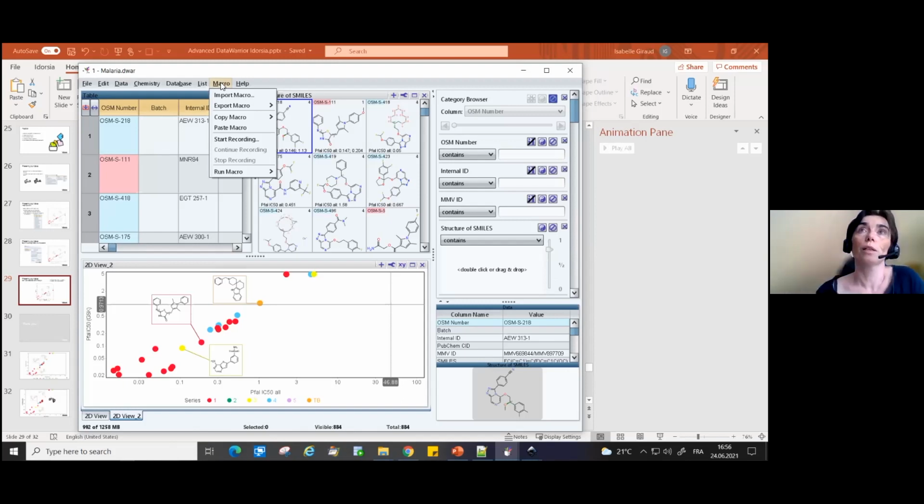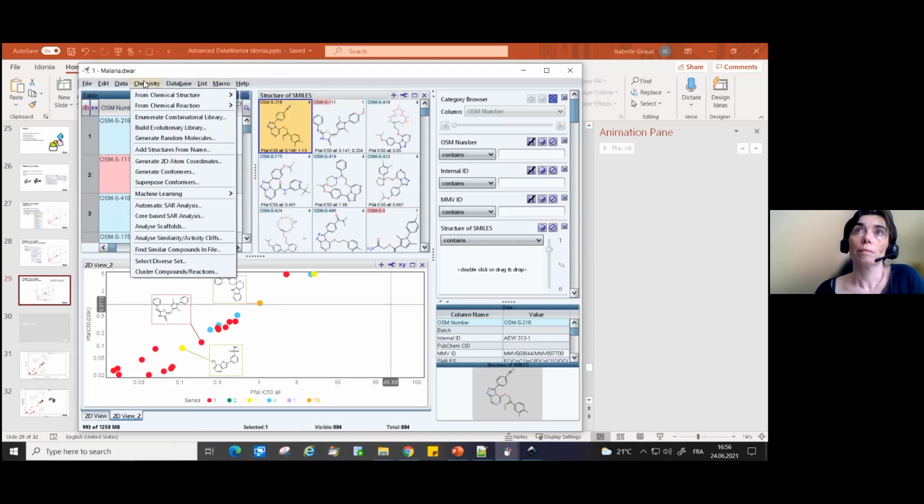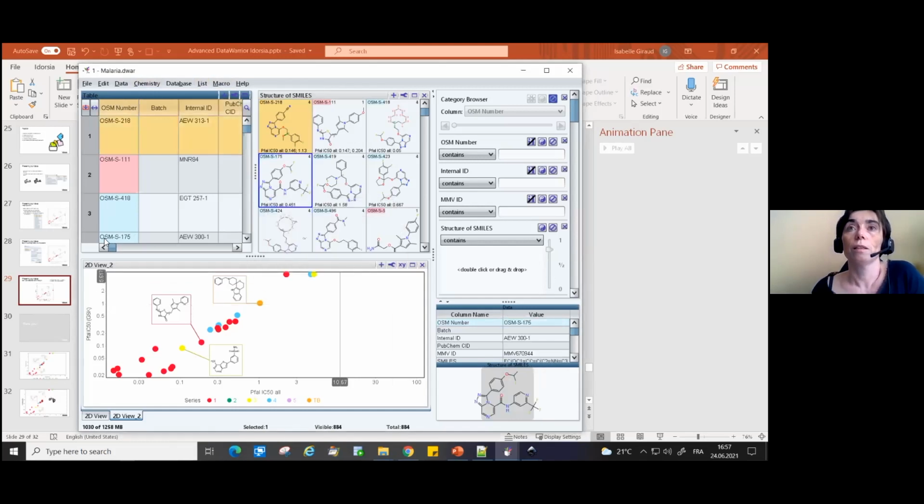You have first probably to generate this code, generate canonical code. Then you say I just want to have one code unique for the largest fragment. So all salts are going to have the same code. And then